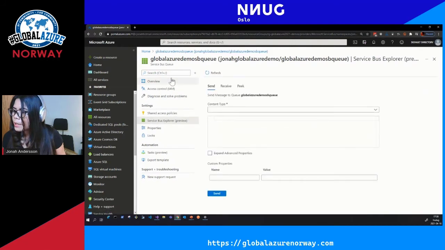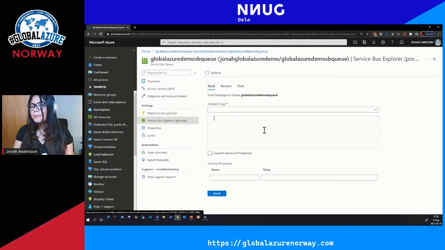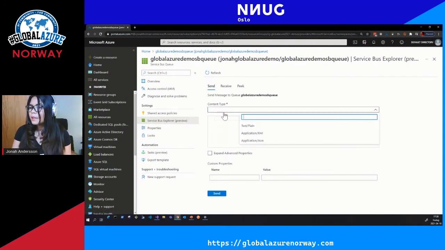There's also an Azure Service Bus Explorer that is currently in preview, that you can actually use to send a test message from the Azure portal.